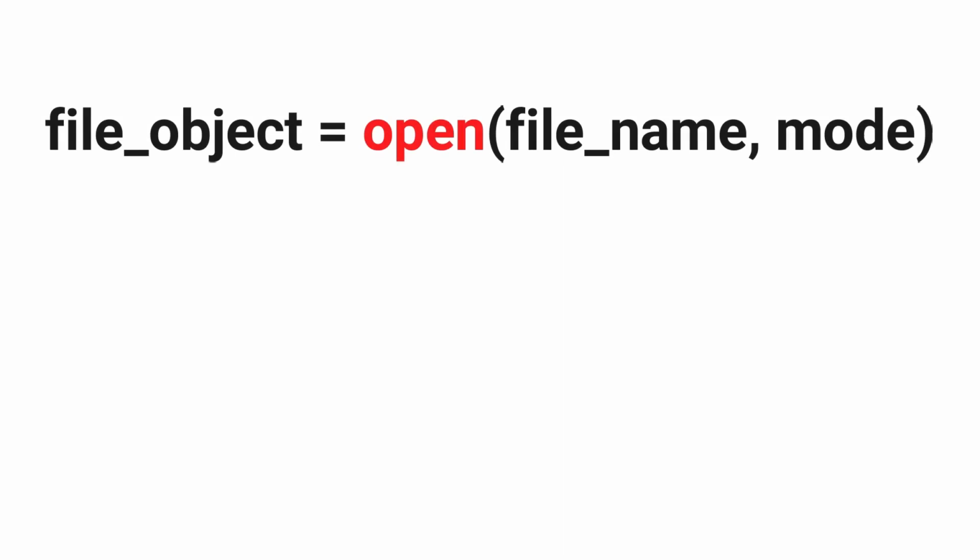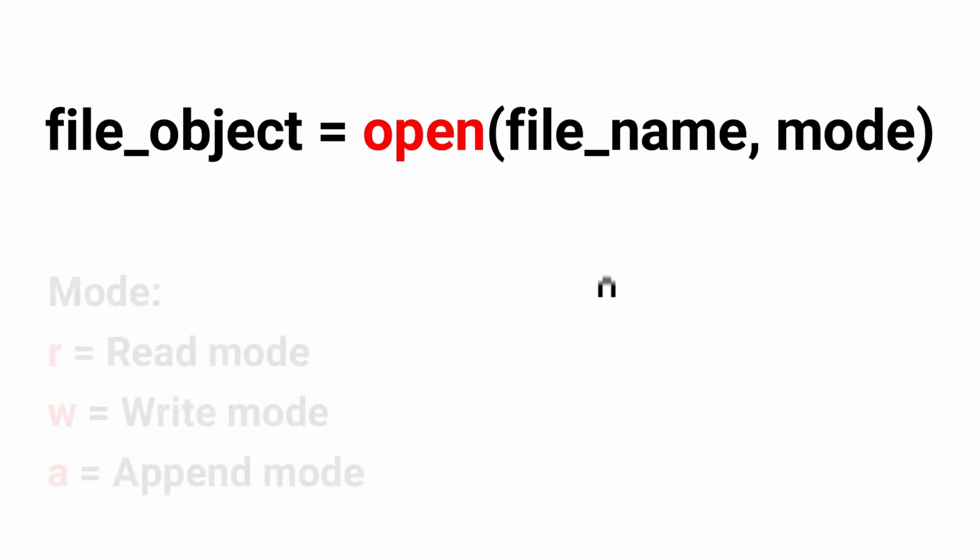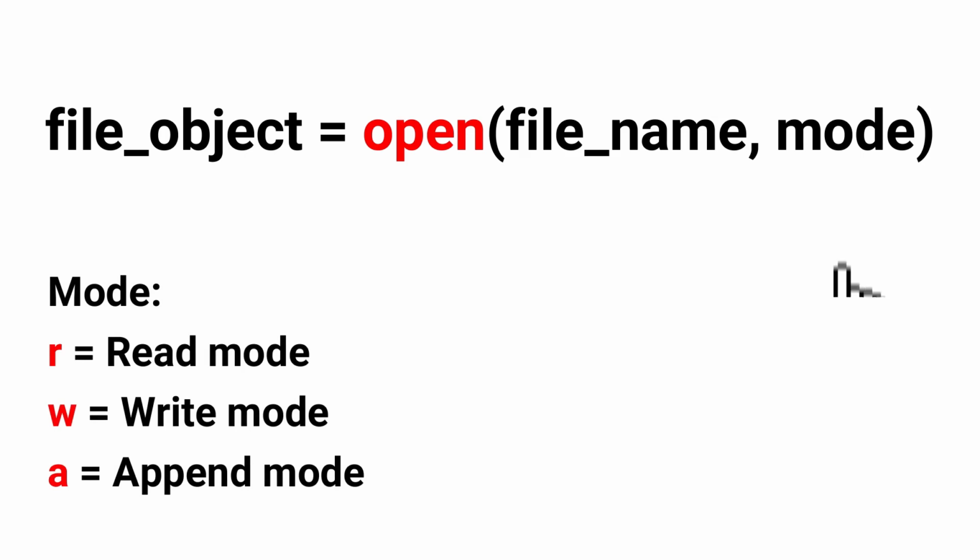Python has a built-in function open to create a Python file object. This file object serves as a pointer to a file residing on the disk. This open function takes two string arguments. The first string argument is the file name. The second string argument is the mode of accessing. We can consider the access mode as r in order to open the file in read mode. In order to open the file in write mode, the access mode string must be w. In order to open the file in append mode, the access mode string must be a.